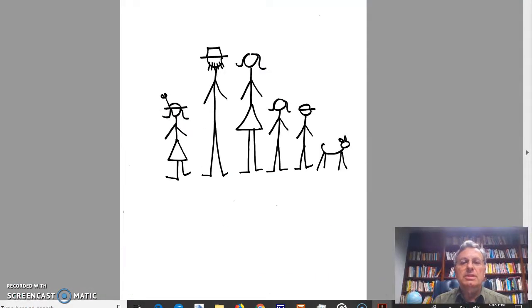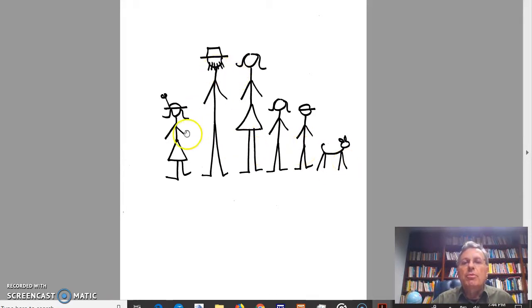So here is a little stick figure family. There are clearly two adults, some children, and an animal. All right? Suppose I were to ask you, how would you group these stick figures? That's like asking, how would you group the content of a biblical text according to what the themes are? And I could say, well, first of all, I'm going to look at those with skirts and those without skirts. So there are two with skirts. Let's say, by context, they're probably female. And there are three humans without skirts. They're probably male. And there's an animal. It's one way to classify things.